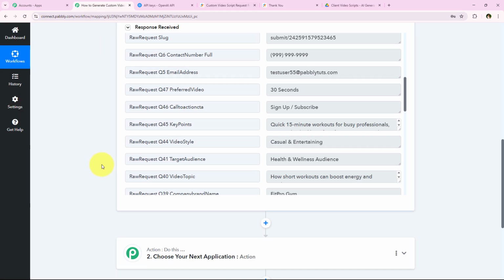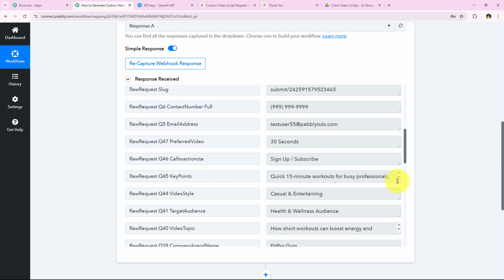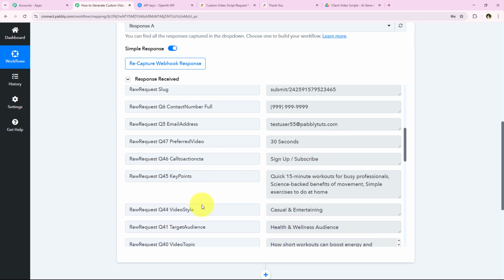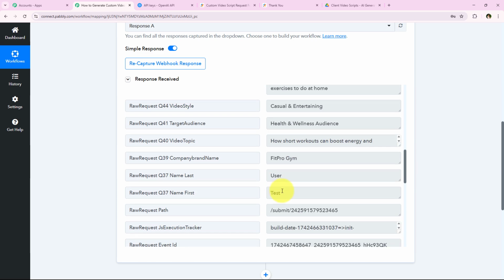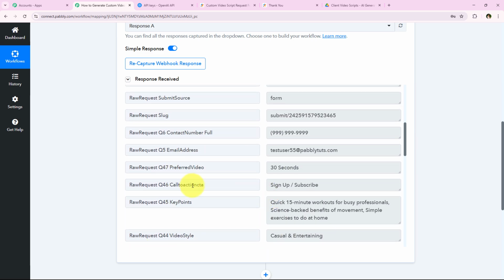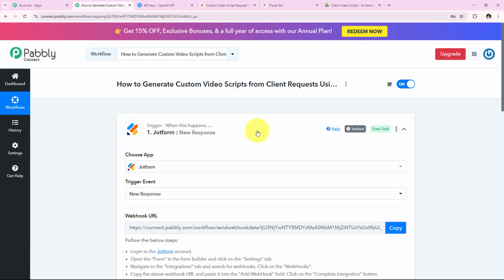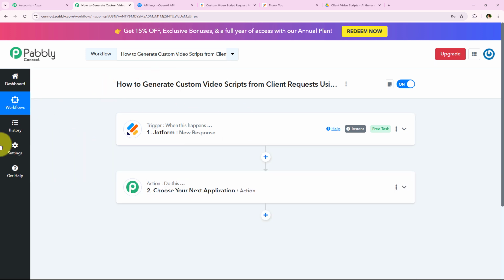And yes, over here you can see that Pabbly has captured the response. Over here you can see all the details which we entered. You can see the key points, the video style, and all the details which we entered during our test submission. So yes, with this we have successfully completed our trigger step, and now we're going to move on towards our